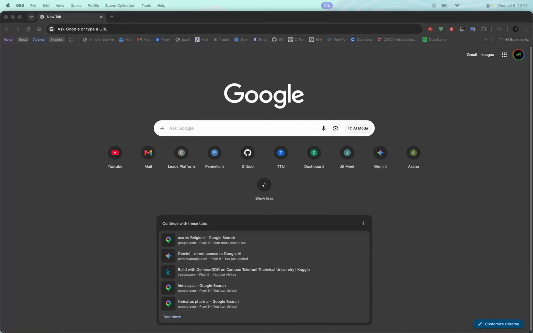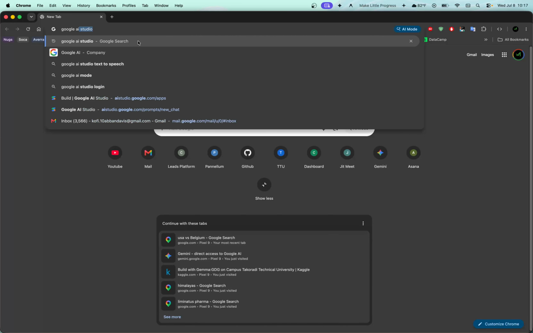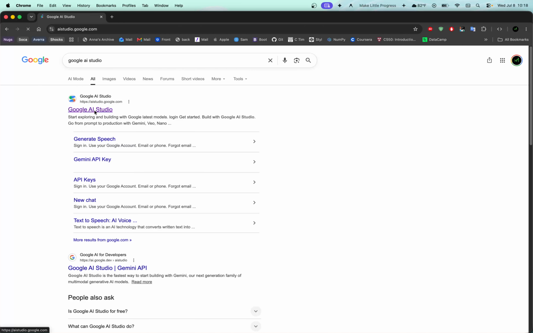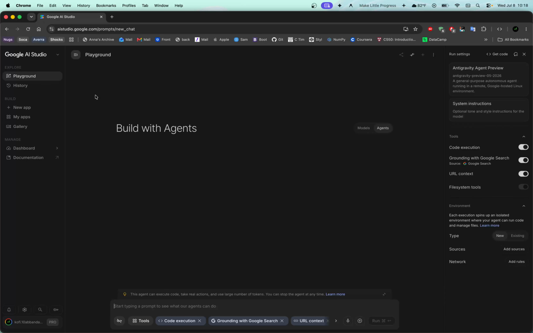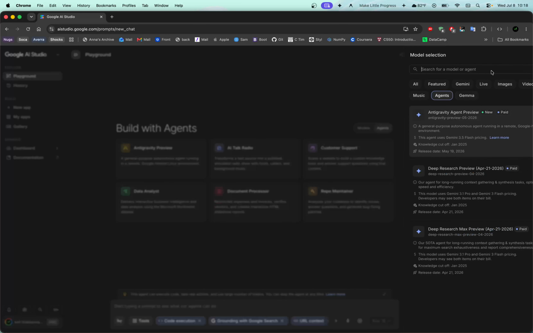For the build is how to use Gemma 4 in Google AI Studio. Yeah, so you can just type Google AI Studio. You open it, and then you'll be taken to Playground. Okay, wherever you are, you can just come back to Playground, and then you choose